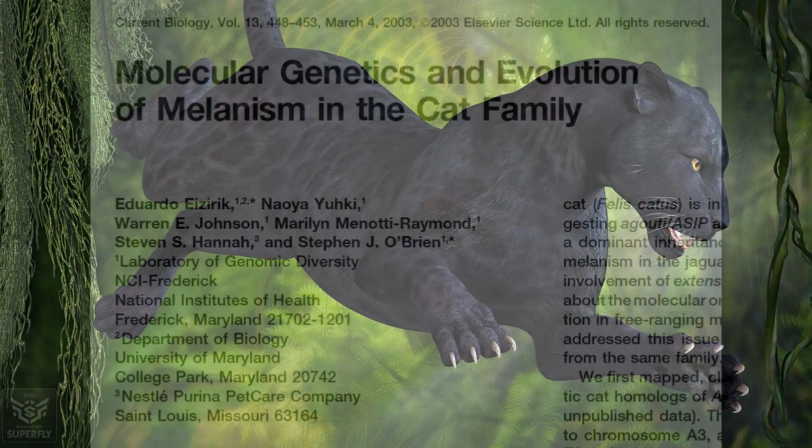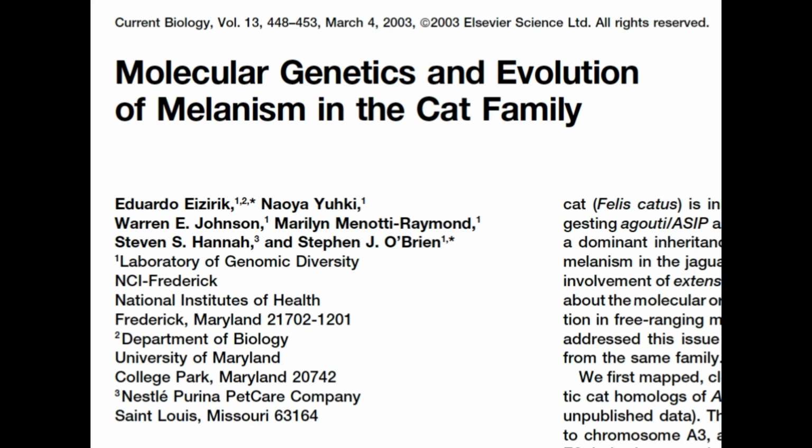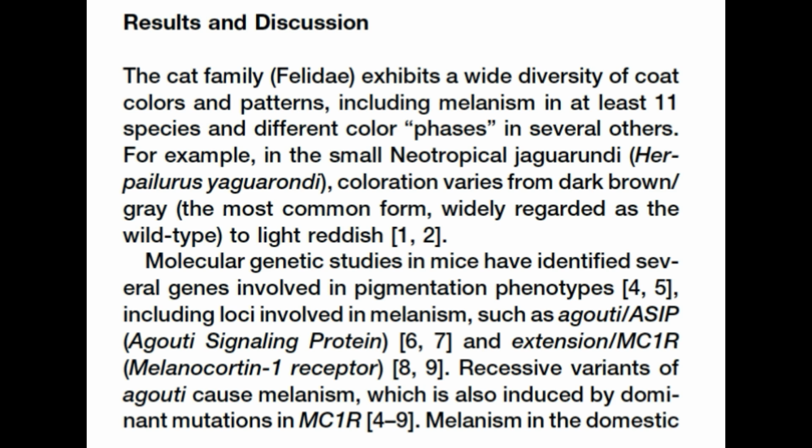Molecular genetics and evolution of melanism in the cat family. We have different people involved here, and the institutions: Laboratory of Genomic Diversity, National Institutes of Health, Department of Biology, University of Maryland, College Park, Maryland, Nestle Purina Pet Care Company. And just briefly, so you can see the scientific research behind this, for those who are interested, it says